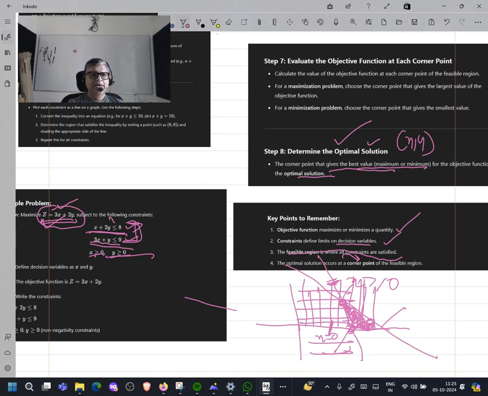Not very hard. All the questions are similar. Only thing, when you read them, don't get scared. Worry about corner points, solving equations, finding corners, which line is intersecting with what. Take those two lines, find a corner point. The feasibility area is this. Constraints will be given in the question. The objective function may have to be created, unlike this where it is already given. Right? So nothing to worry.